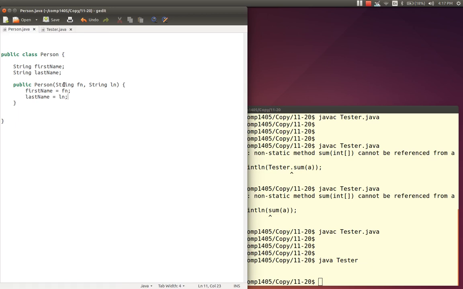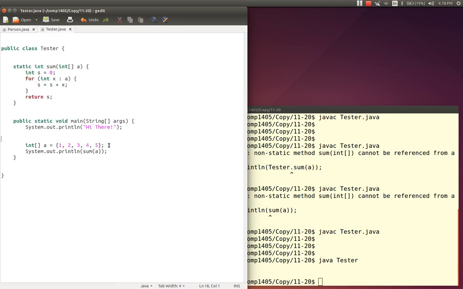Okay, so our person class has 2 what they call instance variables. They're called properties in Python, but they're the same thing. First name and last name, each one of those is a string. And when we construct a new person, we're supposed to pass in the first name and the last name, and we save those in those variables. Okay. All right, good. And all right, so let's just see if that